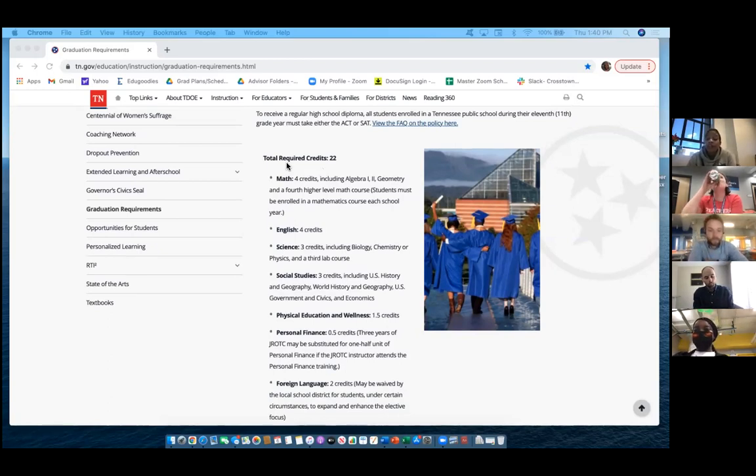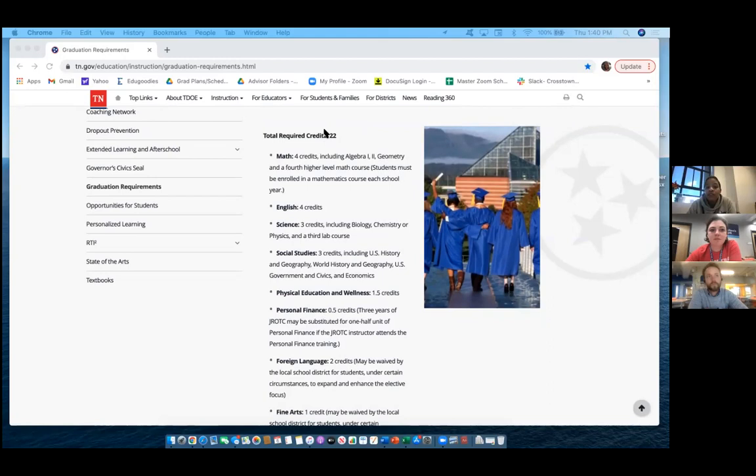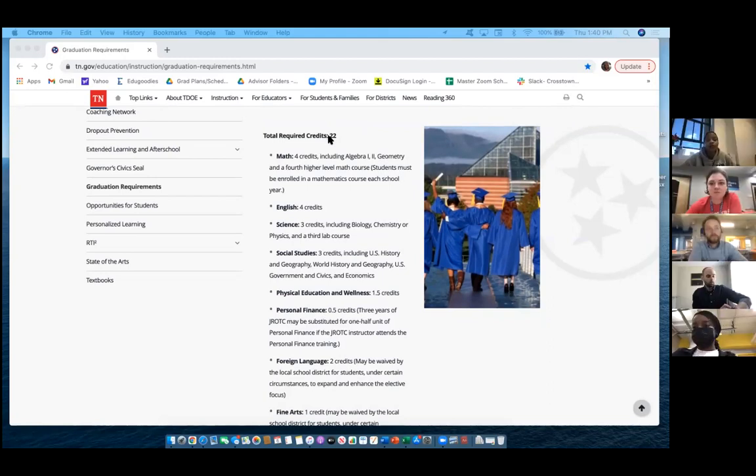This is the same document that Miss Maggie is going to share with everybody in a few minutes. She's going to gracefully talk about more course selections as well. But right now, what makes up this 22? A lot of you will say, I'm going to have 22 credits before I get to my senior year. Yes, you are. In high school, you're always going to have well over 22 credits. However, what's important is what's important. And let's talk about what's important, okay?